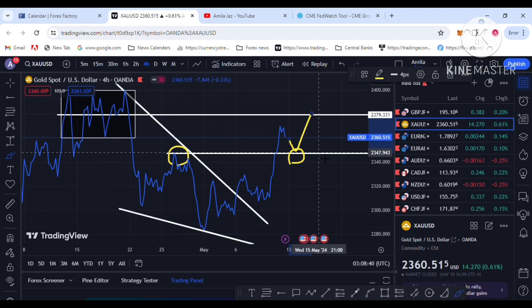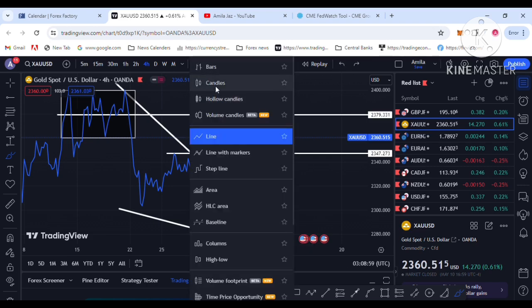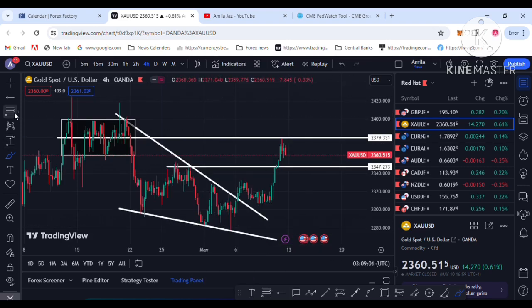That is your buy opportunity, and wait for the retest. The 2350 area is where I am thinking the retest will be. The left side resistance becomes support, that's the simple technical theory. So I am thinking price will retest to the downside.